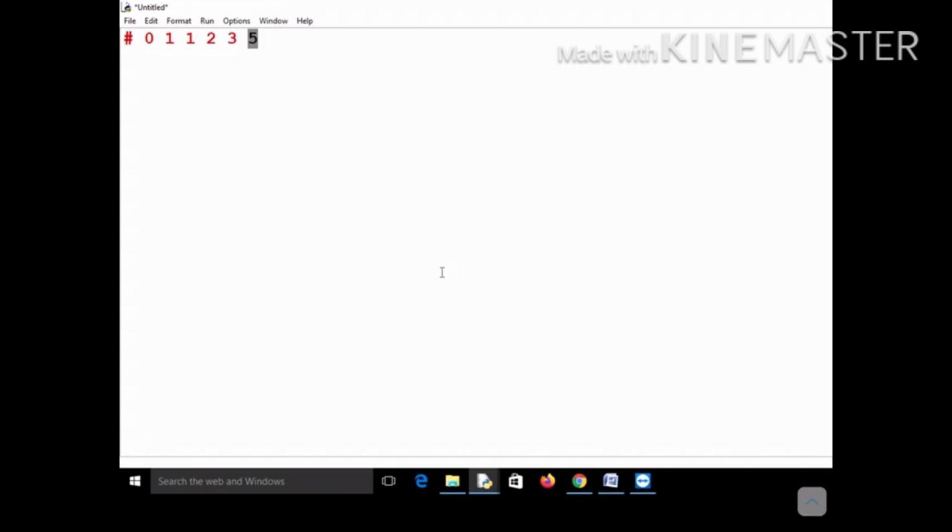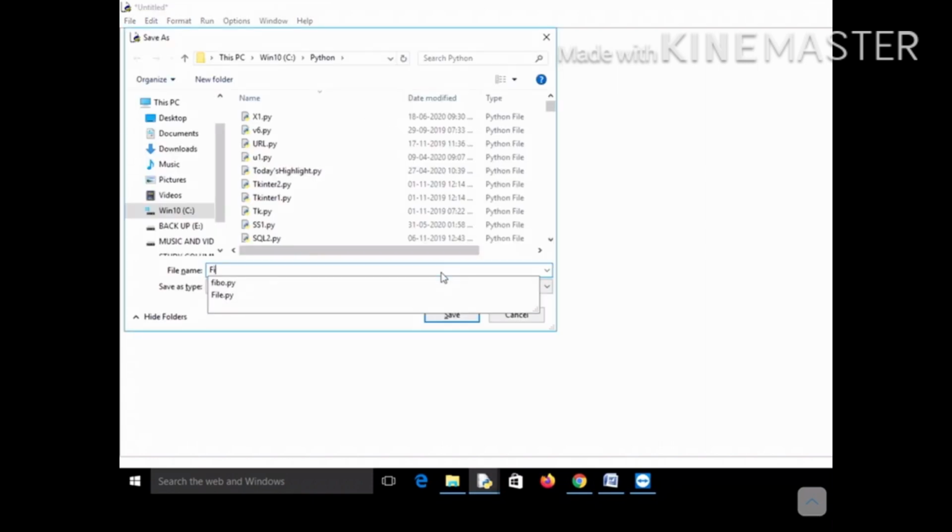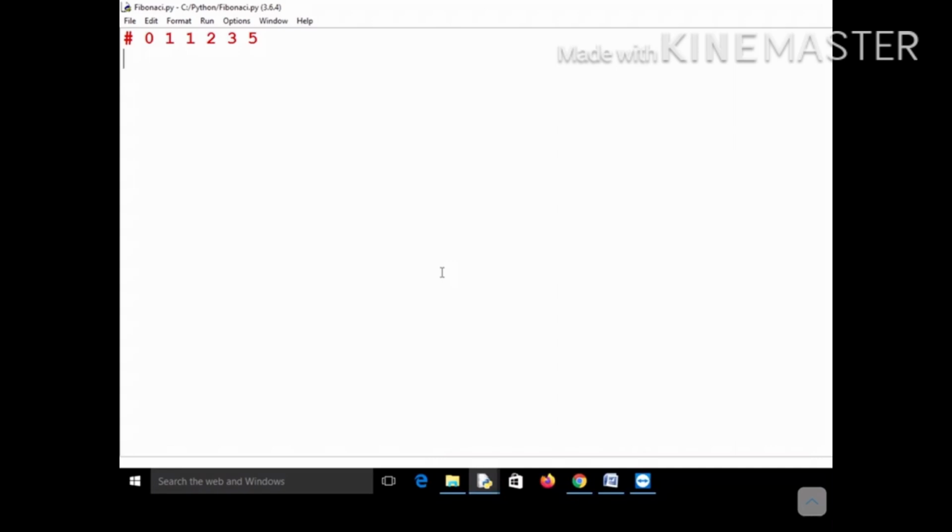So by now you must have guessed that it is a recursive thing, isn't it? At any point of time, what is the nth term? The nth term is nothing but the sum of the n minus 1th and n minus 2th terms. So let me save this and try to write this program. Let me name it Fibonacci. I had told you to write a recursive program to print the nth term only, and later on we can print the complete series also, not an issue. So let's first write the program for printing the nth term.